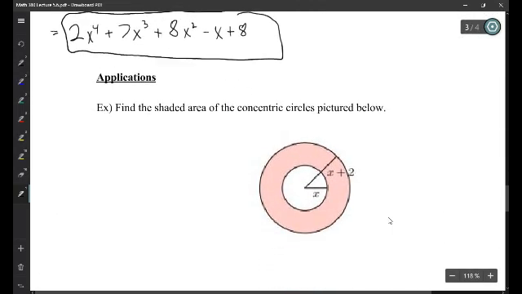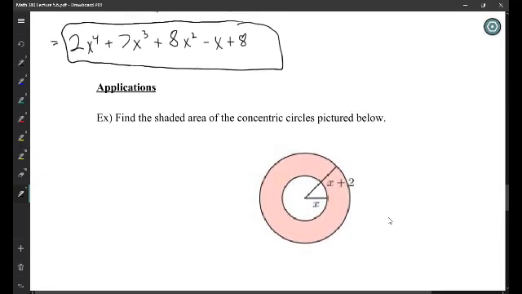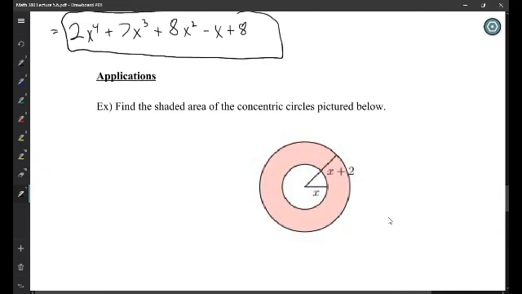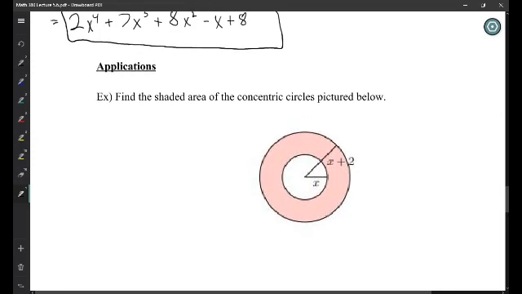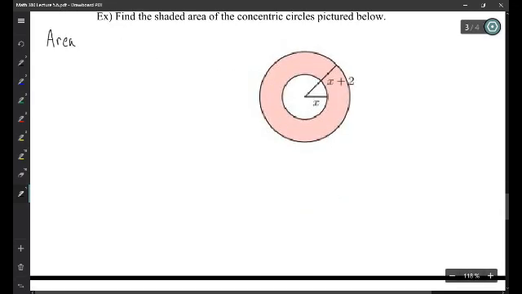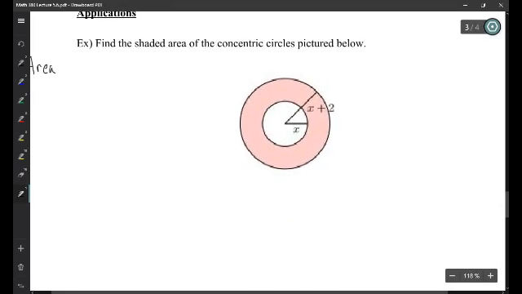Finally, we'll look at some applications. This one is to find the shaded area of the concentric circles pictured below. In order to do that, we need to know, how do you find the area of a circle? So if you've taken geometry, you may recall that the area of a circle of radius r